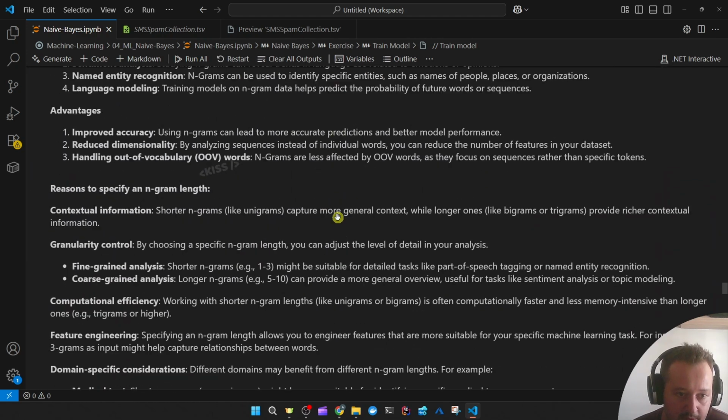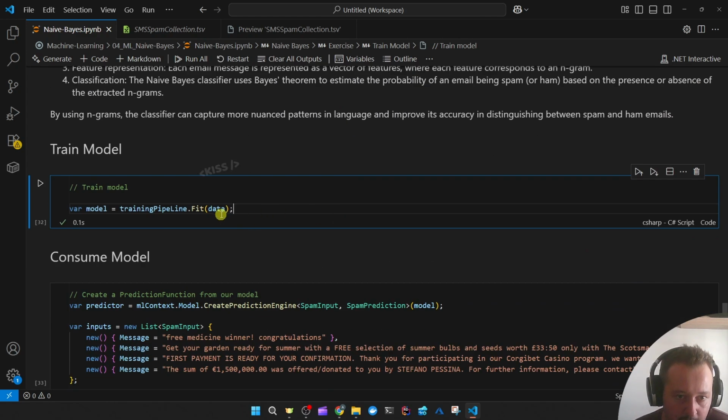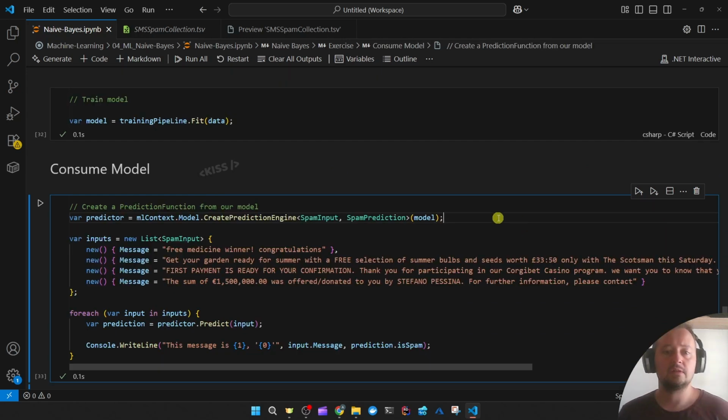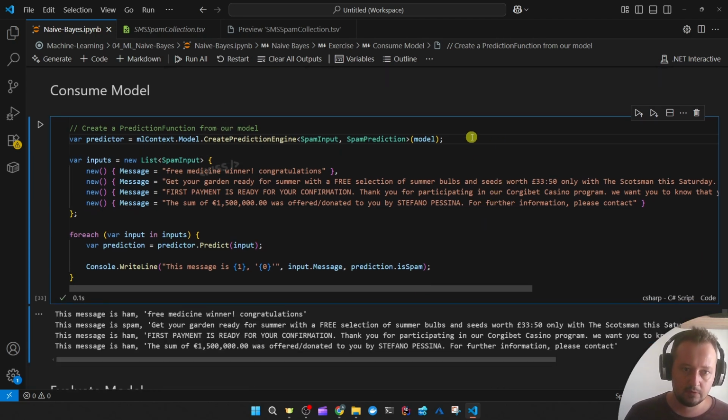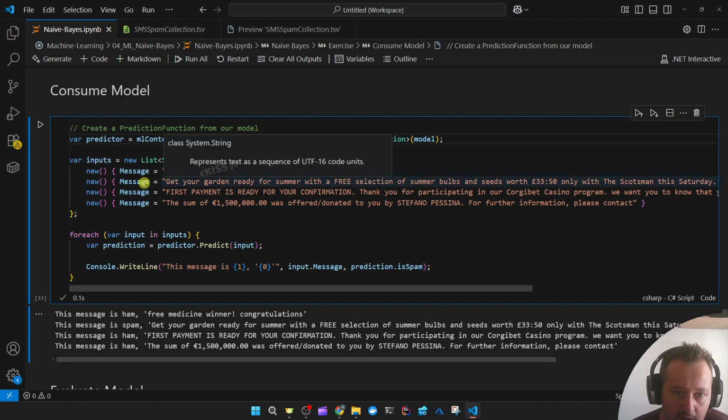After setting up that pipeline, the training pipeline, we train the model based on the data. We don't have a test set in this case. We'll be evaluating the model a little differently. Let's see, we consume the model, we put in a few messages: free medicine winner, congratulations, get your garden ready